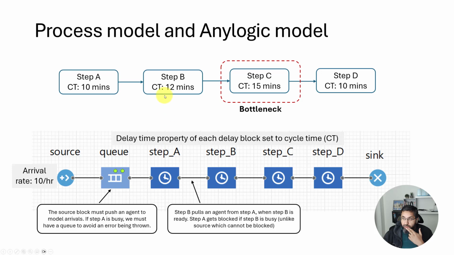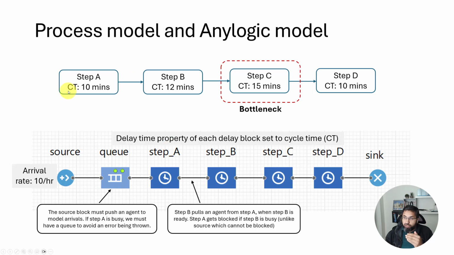So each step here becomes a delay block. See these delay blocks, we just drag them into our model. And for each delay block, there's a delay time property, which we set to 10 minutes for step A, 12 minutes for step B, 15 minutes for step C, 10 minutes for step D. Okay, now if you ignore this queue, you just connect the source to step A and then the sink to step D, then that would